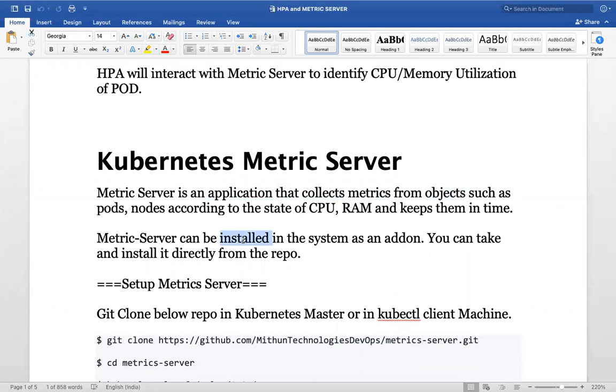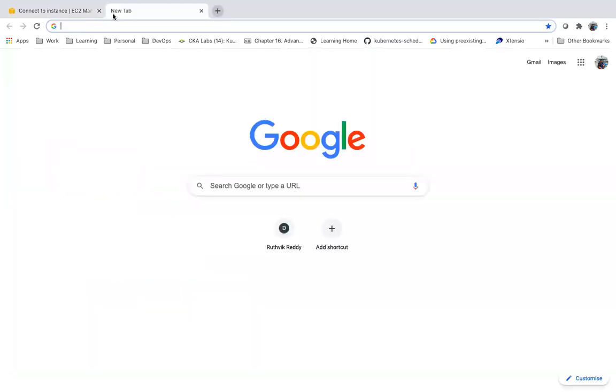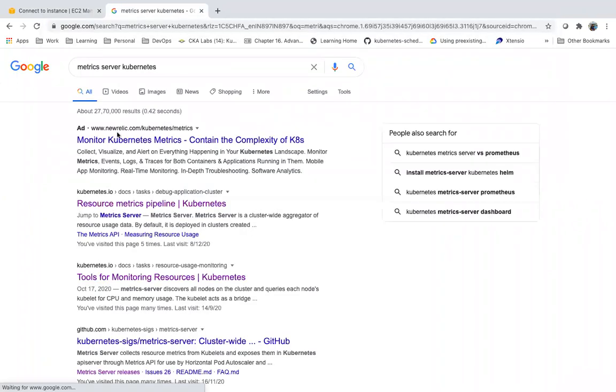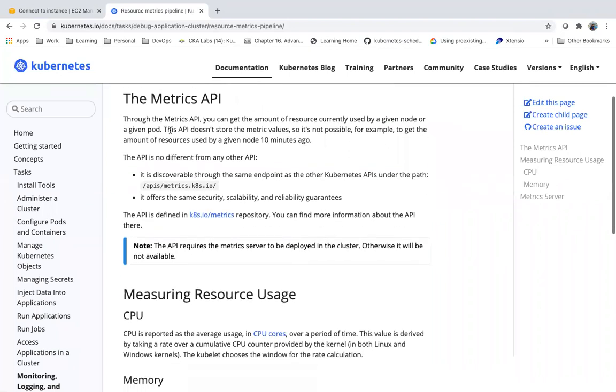It is one application, dockerized as an image.